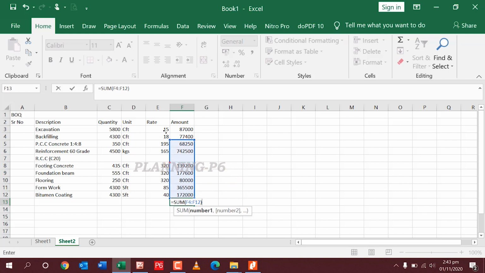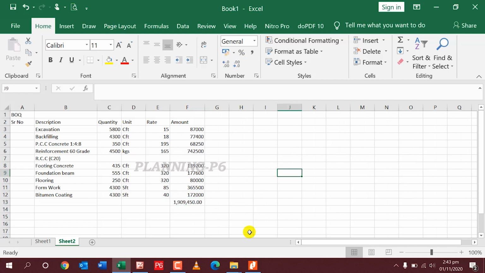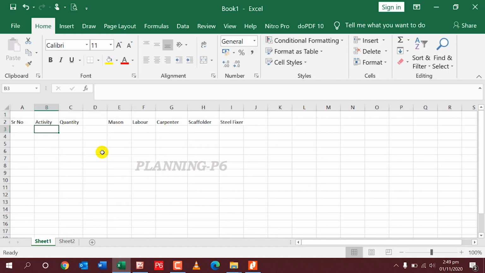So we have a total sum of 1.9 million. For that purpose, I made just a BOQ here. So what next I will do? Save my sheet.